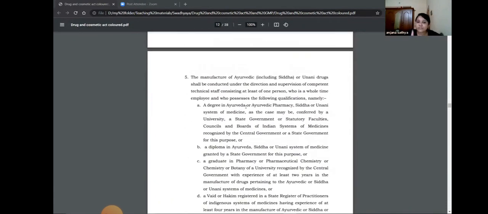Then, the manufacture of Ayurveda, Siddha, Unani medicine shall be conducted under the direct supervision of a competent technical staff consisting of at least one person. So, there has to be one whole-time technical staff. Full-time staff has to be there in the manufacturing pharmaceuticals. Okay. So, the qualification of the